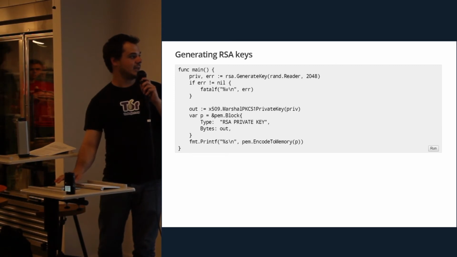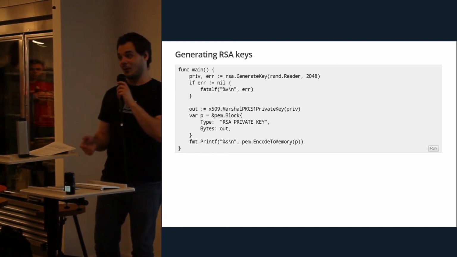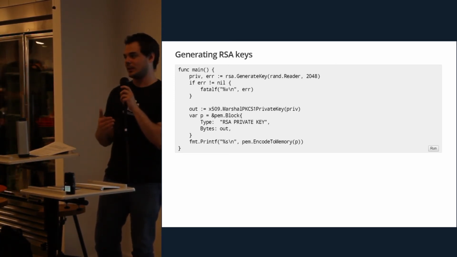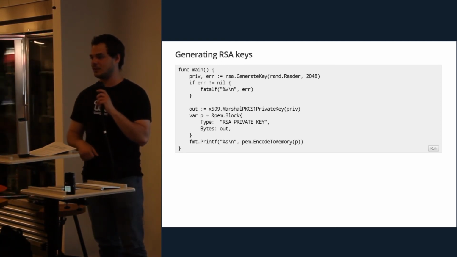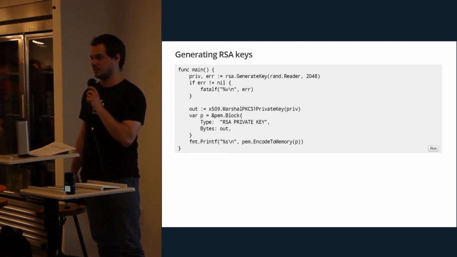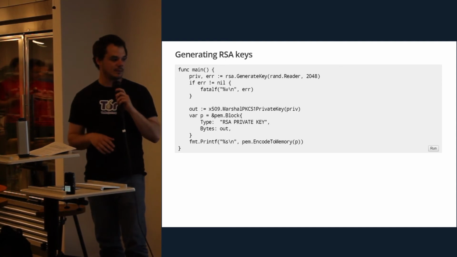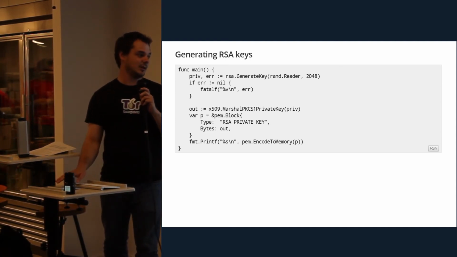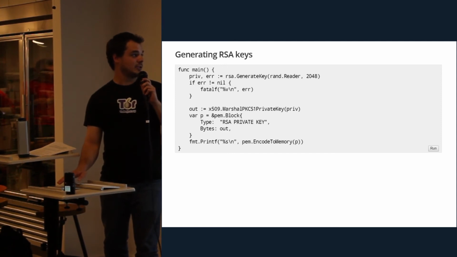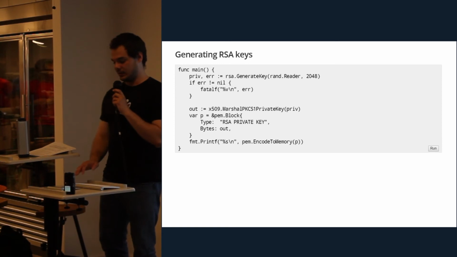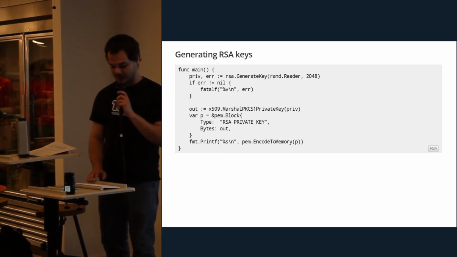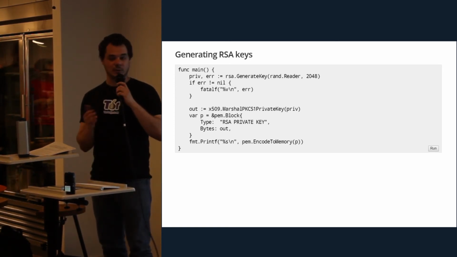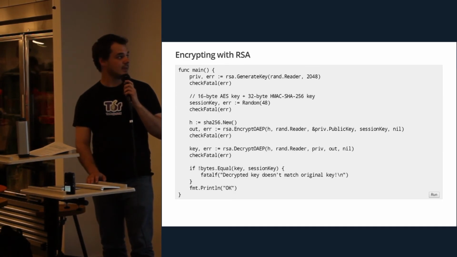So what I do is I generate a key. It's computationally intensive, and this is one of the things about RSA: it takes a while to do things, except verifying signatures is really fast. That's one reason why people sometimes choose elliptic curves over it, because RSA is slow. But you'll just generate a key, maybe marshal it out into something that you can send off to generate a CSR or something like that.